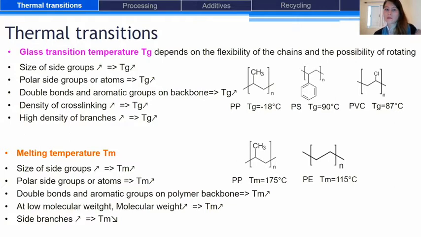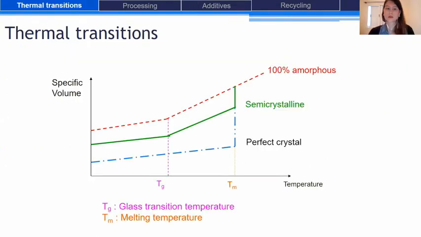And so some lamellae will be a little bit thinner and others a little bit thicker. So the first ones will have a slightly lower melting temperature and the others a slightly higher one. And so there is a range of melting temperatures. When we talk about the melting temperature, we are talking about the average temperature at which the crystals melt. So at the glass transition temperature and at the melting temperature, we have a change of physical properties of the